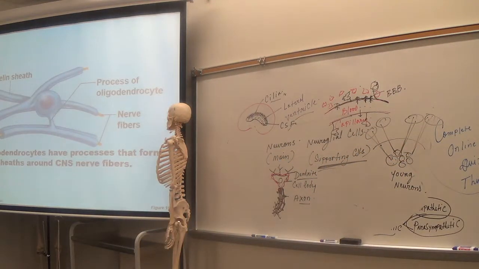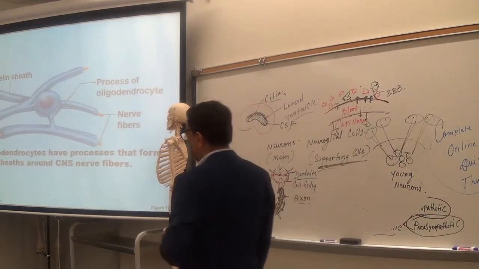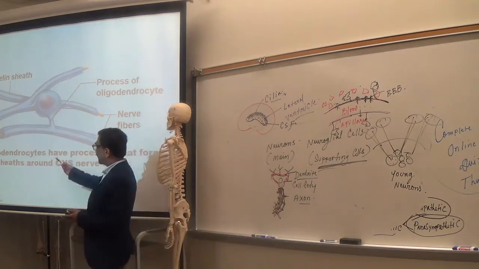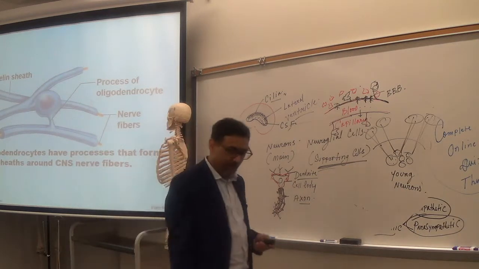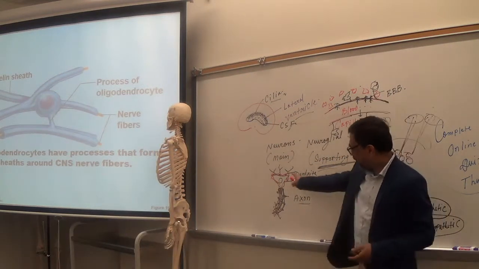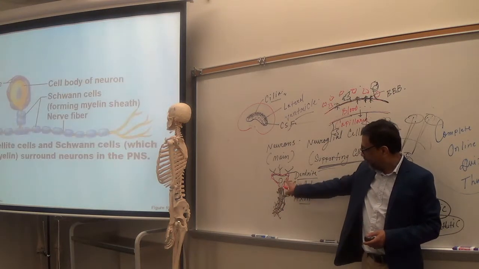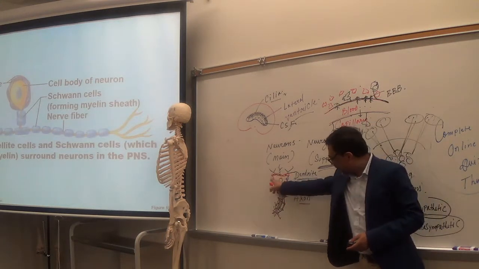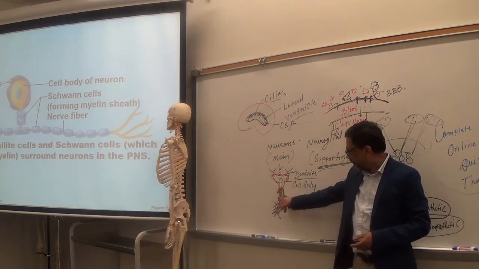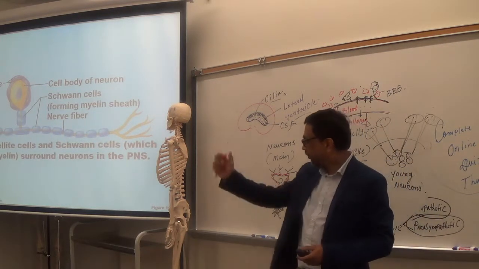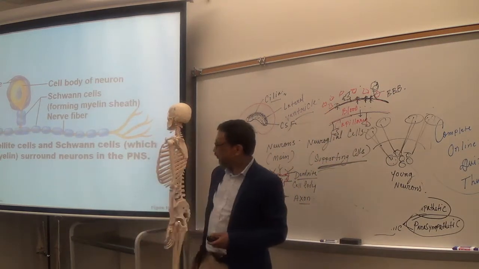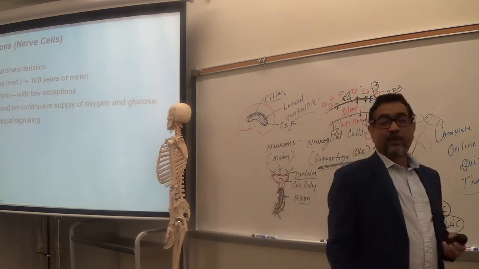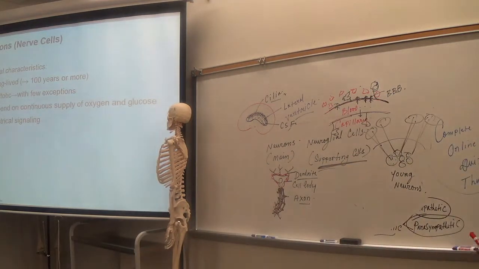Now, the other three types of neuroglial cells form insulation. Among those three, oligodendrocytes form insulation around the nerve fibers of the central nervous system, and satellite cells and Schwann cells in the peripheral nervous system. Satellite cells form insulation around the cell body, and Schwann cells form insulation around the nerve fiber or axon in the peripheral nervous system. Okay, so those are important neuroglial cells or supporting